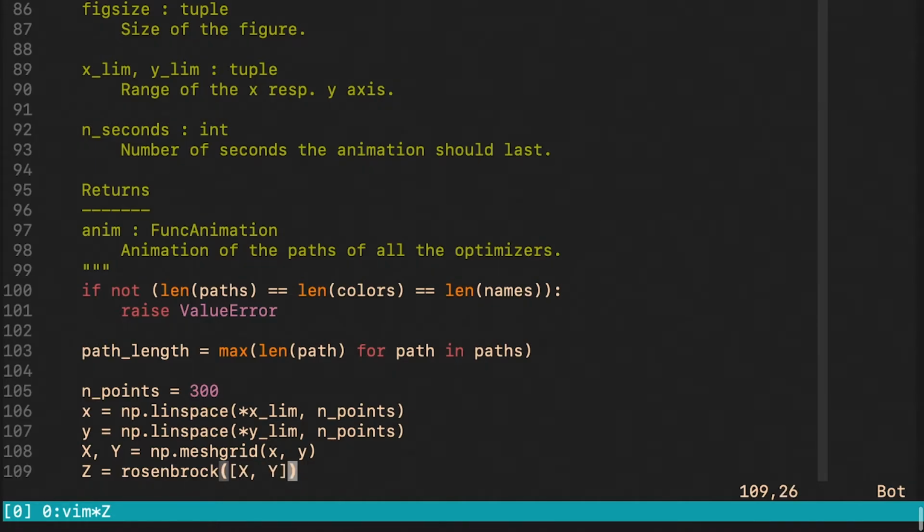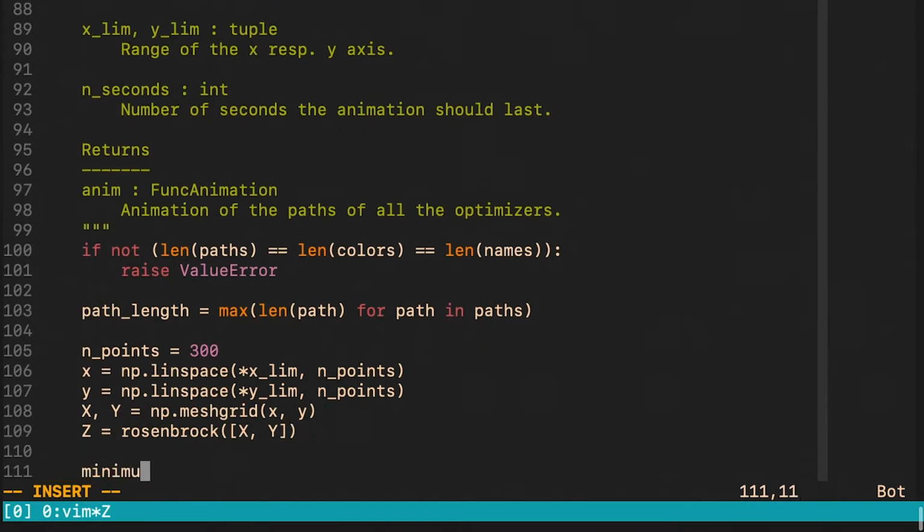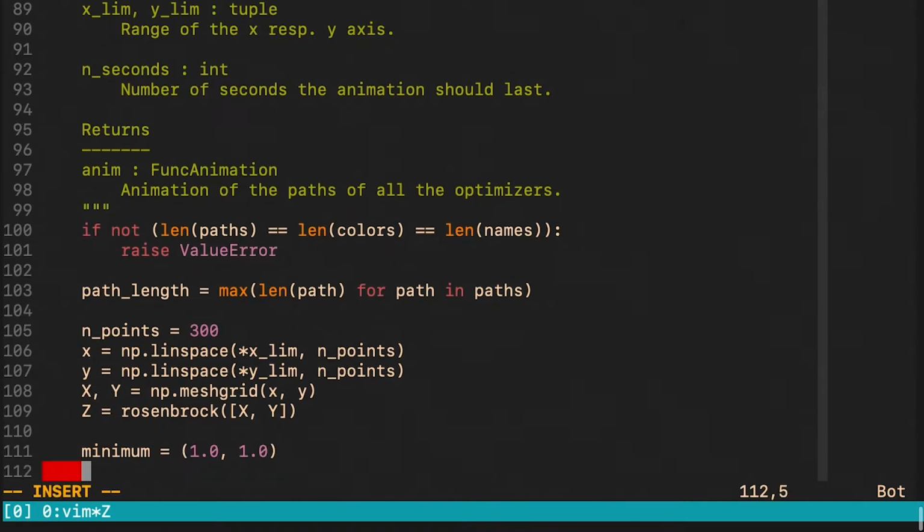We prepare a grid of x and y coordinates, and then we evaluate the Rosenbrock function at all of them. Here we just save the x and y coordinates of the global minimum because we know what it is and we want to visualize it.